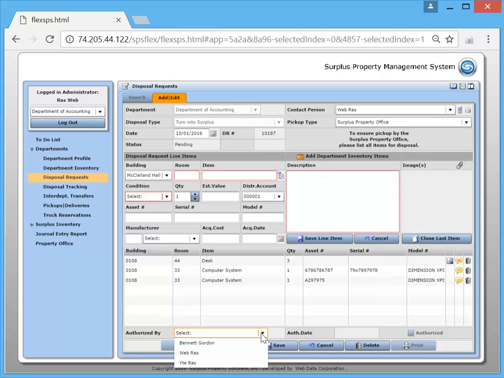Then finally what they'll do is they'll choose the person who is authorized to approve this, because you want to have an approval process at the department level. And if I choose Gordon Bennett, for example, you'll notice that I cannot authorize this. I'm not authorized to do it. If I click Save, Gordon Bennett will get an email asking him to log in and review this and confirm it. And of course, Gordon Bennett can delete items from here